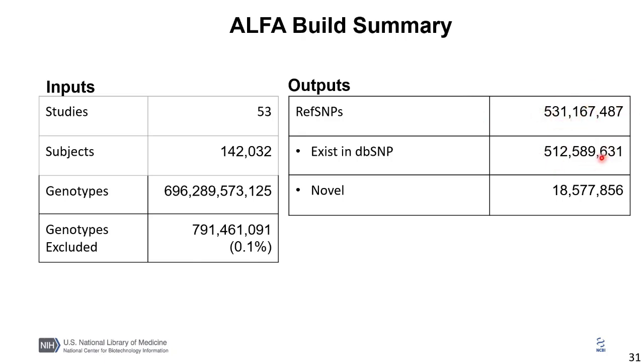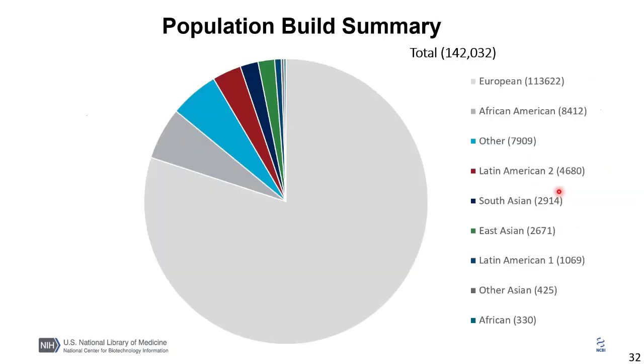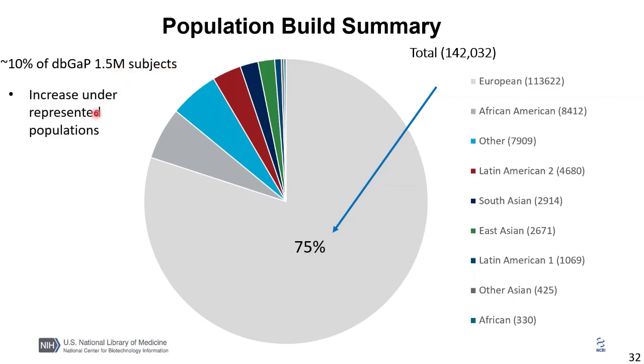The majority of them already exist in dbSNP, and there are about 20 million that are novel. This is a breakdown of the populations from that build. You see most of it is European, 75% European. There's some representation of the other continental populations. This only represents 10% of the potential 1.5 million subjects in dbGaP so far, and we'll be adding,